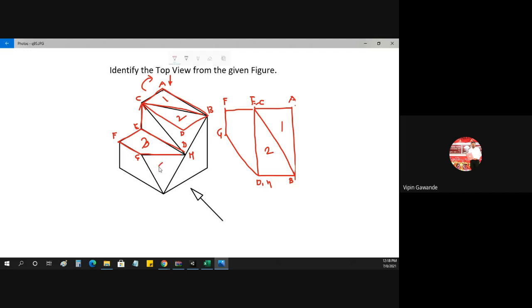Then this is the fourth surface. This is the inclined surface. GH. Suppose this is I point. Since this is the inclined surface, you have to transfer this I point here. When you transfer this I point here, this inclined line GI becomes the vertical line, and HI becomes the horizontal line. So this is our fourth surface. That fourth surface will come here, something like this. I have taken this as the I point.